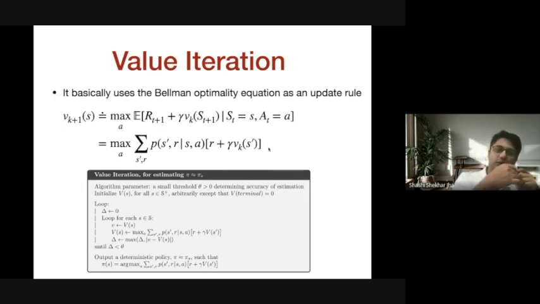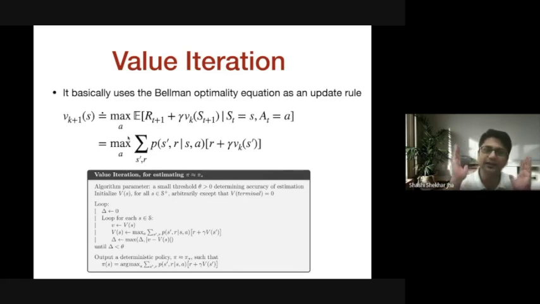Again, you are going to have a set of value functions, or value vectors, for each iteration. You create your next iteration value vector using the values of the previous iteration. So the k plus 1th iteration value vector is created using the kth iteration value vector. You update all the value vectors and keep on doing it until the values in the value vectors are not changing.